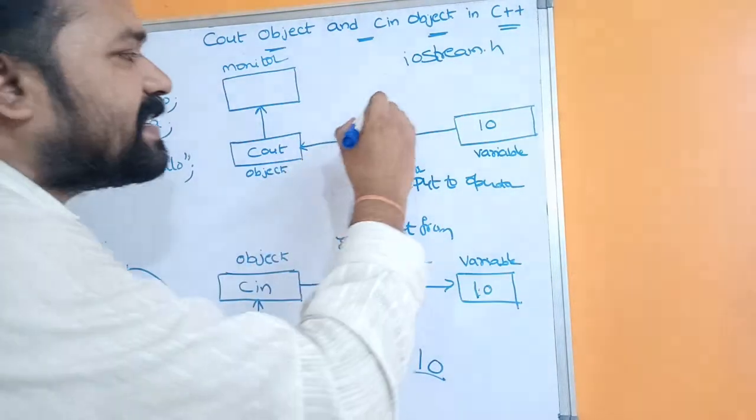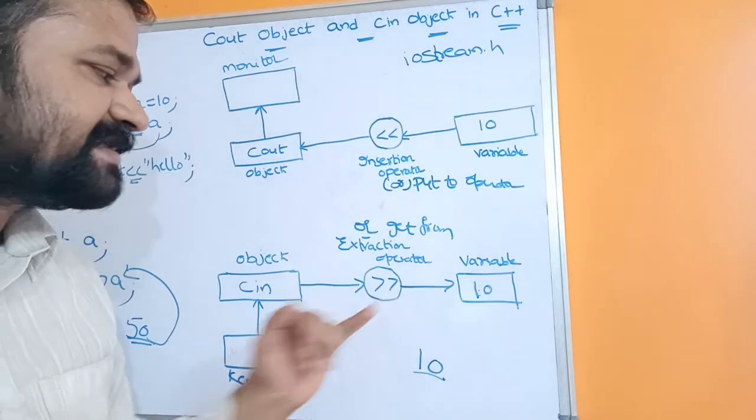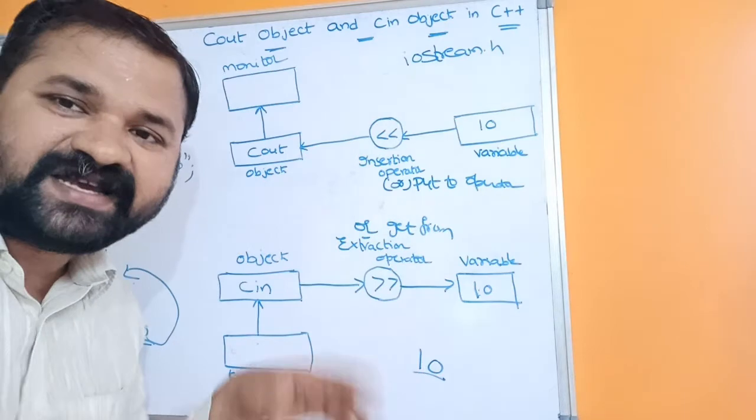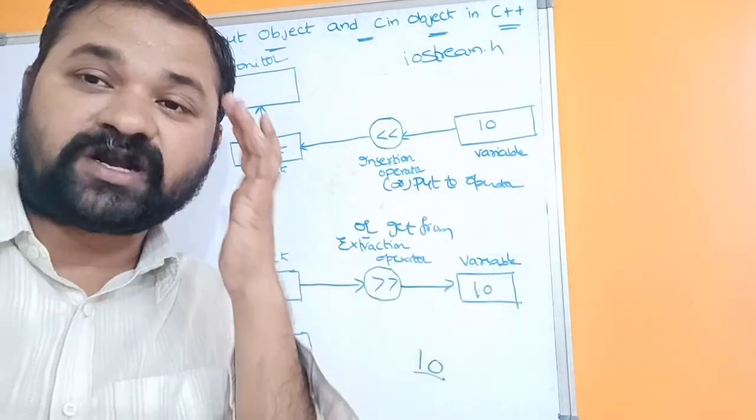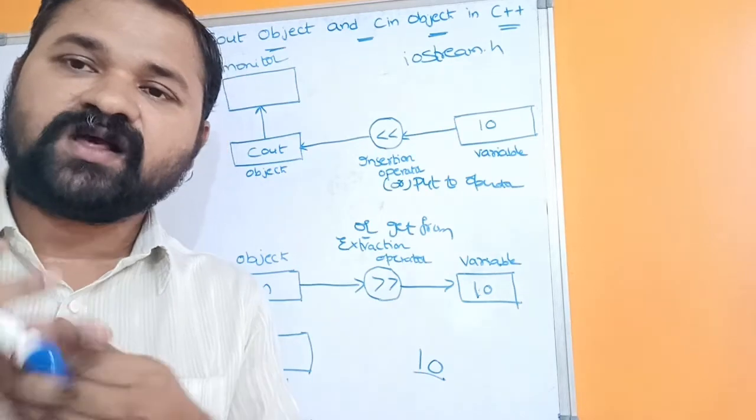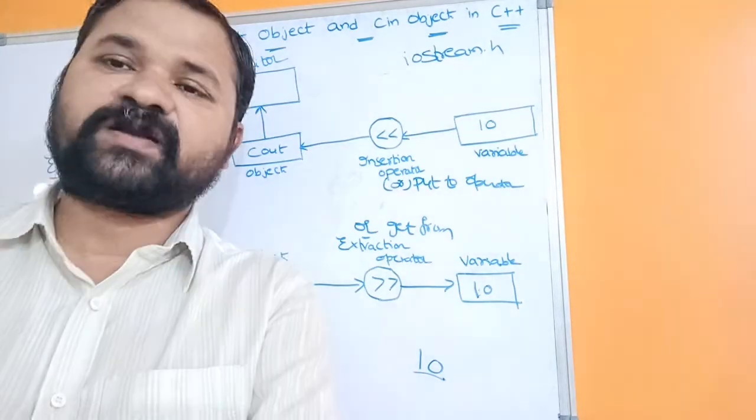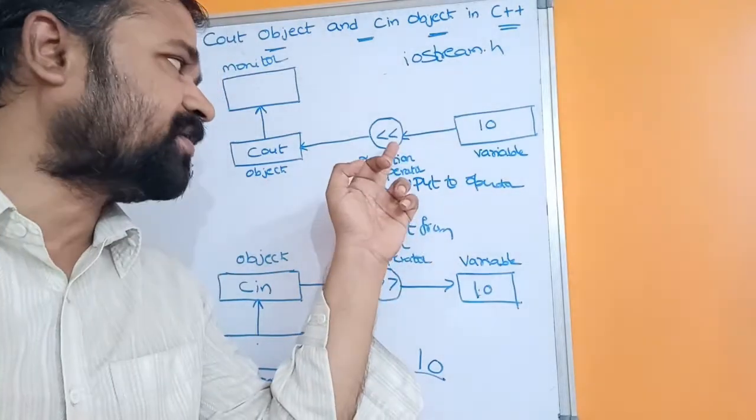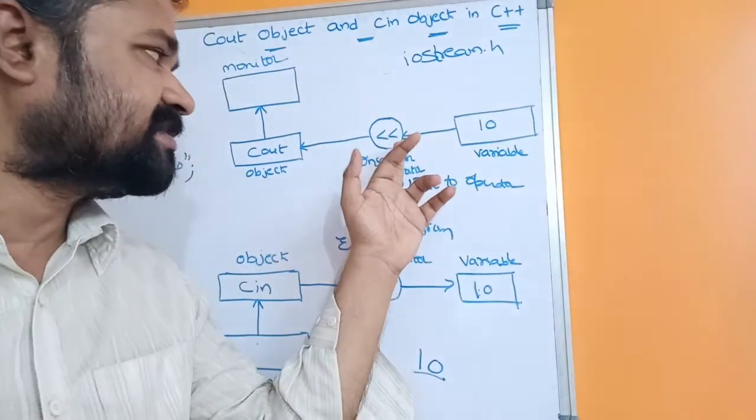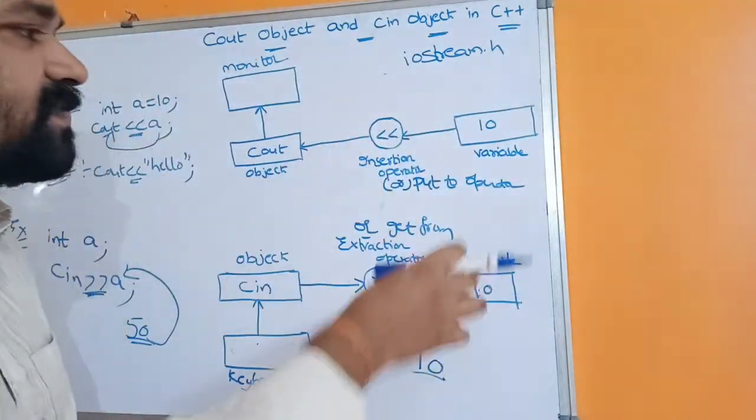Here this less than is nothing but the bitwise left shift operator, whereas this greater than is nothing but the bitwise right shift operator. But here we are implementing operator overloading. In C++ we have a concept called operator overloading. Operator overloading means using the same operator for different purposes. Here we are not using less than for bitwise left shift. Here we are using the less than operator in order to insert